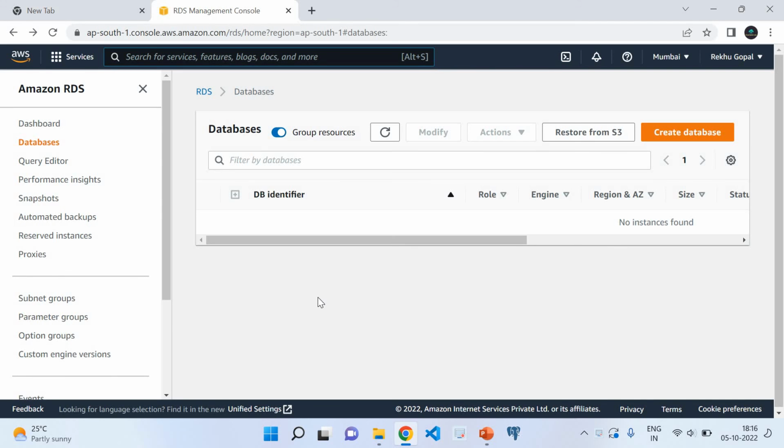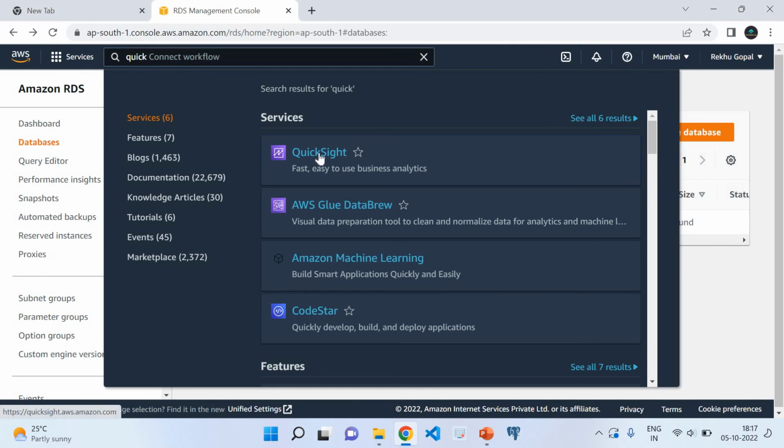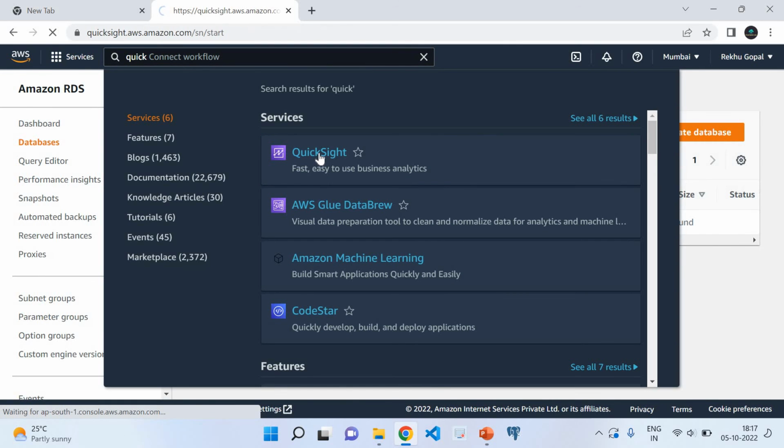So here, Amazon Quicksight service is a cloud native, serverless and business intelligence service. This service provides you data visualization capability like dashboarding, presenting the data in the form of graphs, pie charts, and reporting. So all those business intelligence related capabilities will be provided by this service. In this video, my aim is to help you get started with it,